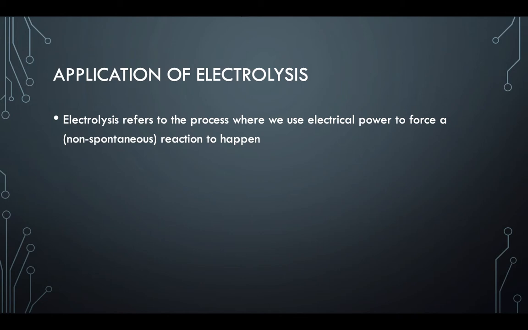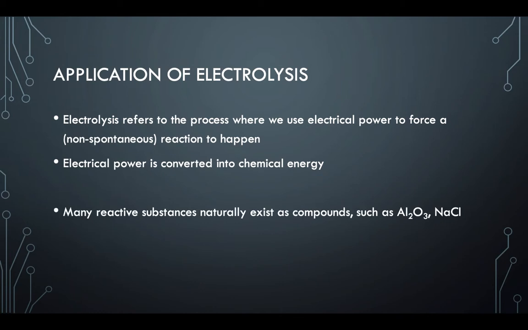So electrolysis basically refers to a process where we use electrical power to force a reaction to happen. Normally we're forcing a non-spontaneous reaction to happen. Then electrical power is converted to chemical energy when we are going through electrolysis. So if we are going to use electrolysis for production, we normally use it to produce something that's very, very reactive. So many reactive substances, for example, aluminium metal or sodium metal, naturally exist as compounds like aluminium